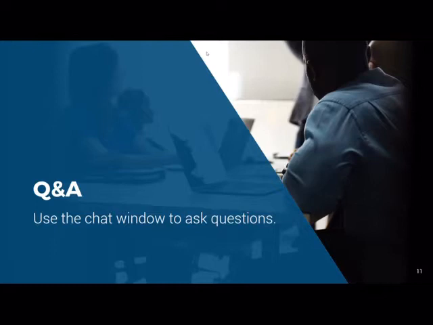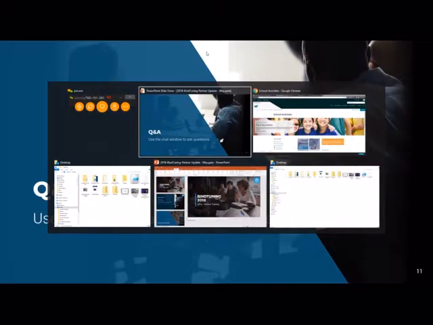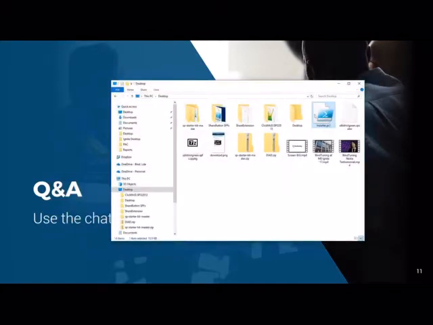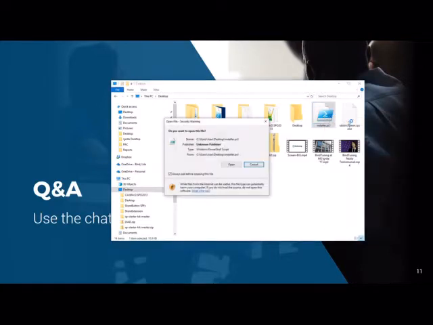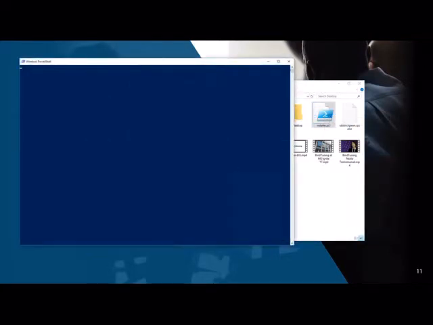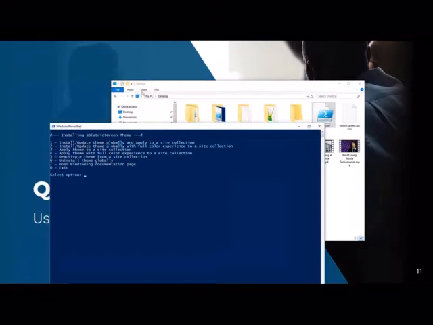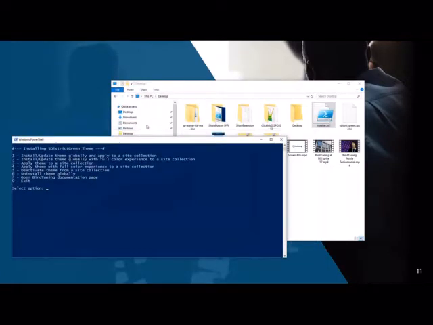Okay, so first question is, do I need to install first and then run again and apply? On the PowerShell script, we have all these options, but you don't have to install it first and apply it later. So we have the first and second options. We'll install and we'll apply the theme